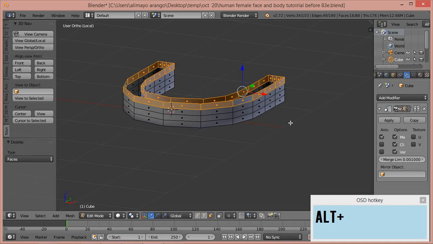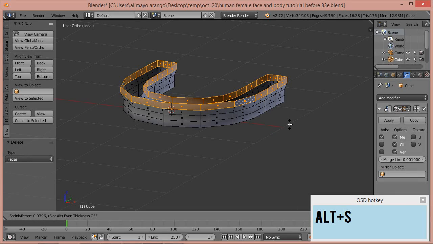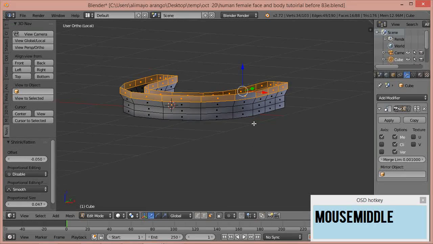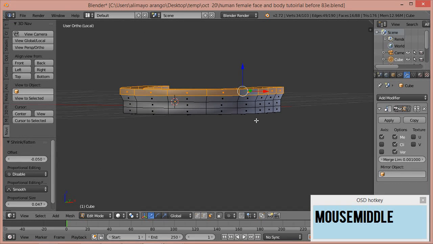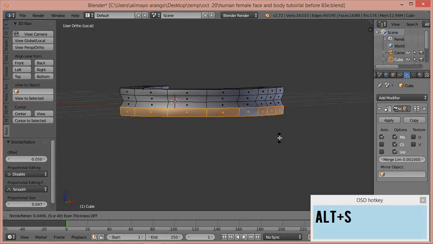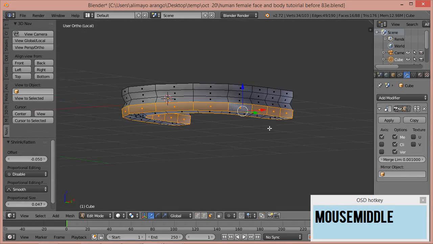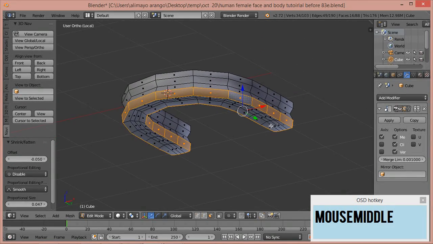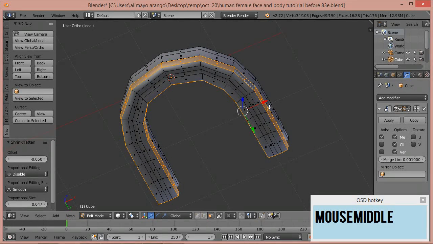With that loop selected, we're going to press Alt S, a special kind of scale that makes things grow thicker. Just like that. You're going to press Alt and do the same thing here. Grab right on the edge. Grab that bottom loop. You're going to press Alt S to scale. Like that. Okay, and now with that done,